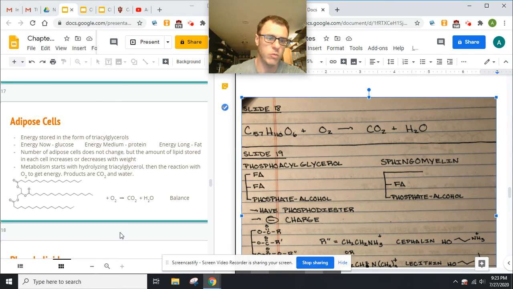And so one of the things that we do, you can see metabolism starts with hydrolyzing triacylglycerols. We're going to bust it down. It's going to react with oxygen, and you get CO2 and water. And if you remember from regular chemistry, we could balance that equation. This compound is C57H110O6. And so you can see there's a lot going on here. We're going to generate a lot of CO2 and a lot of water, which means we're going to get a lot of energy off of